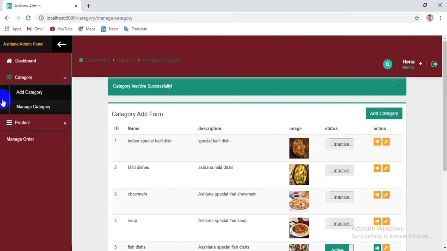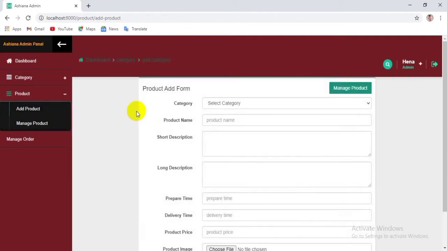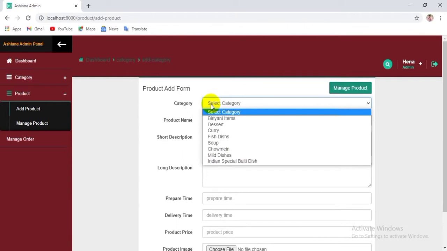The product option also has two parts: add product and manage product. This is the product add form. Now we select the category.